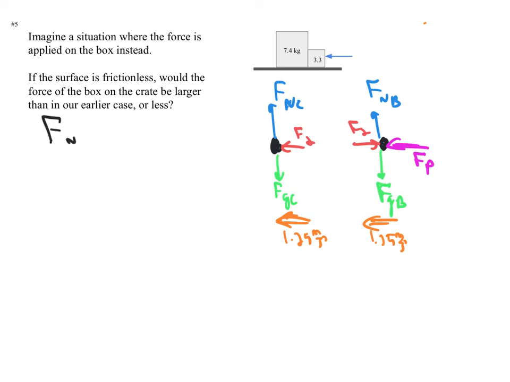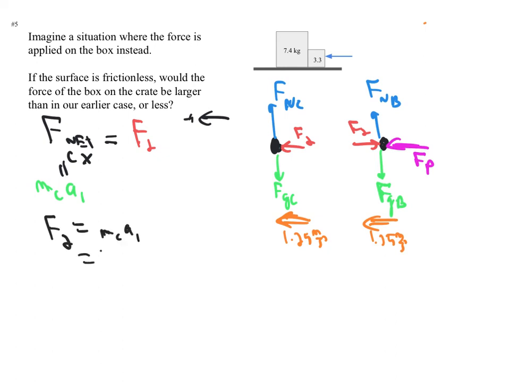And now we're going to say, well, how about the net force on the crate in the x? I'm going to choose this now to be my positive direction. So I'm going to get just F2. Of course, the second law is always equal to the mass of the crate times its acceleration. And so even without getting numbers, since F1 was the mass of the box times the acceleration, and F2 is the mass of the crate times the acceleration, and the crate has a larger mass, it must also have the larger force. So to get that formally, then F2 equals the mass of the crate times the acceleration, which is